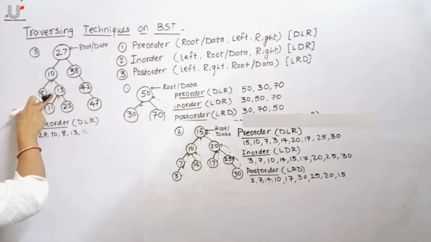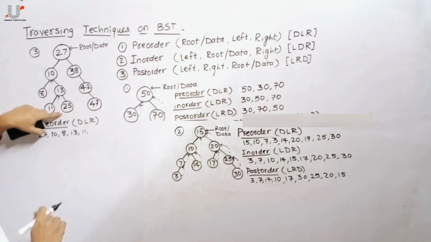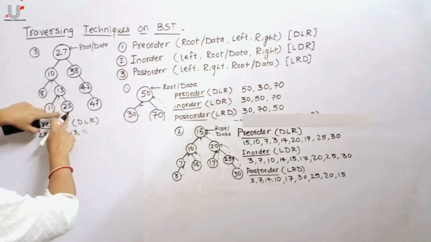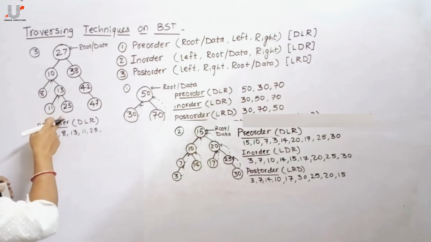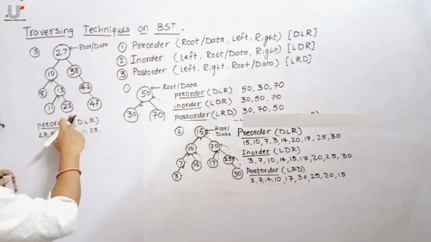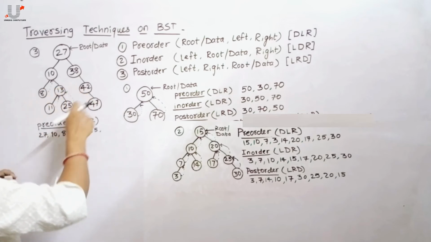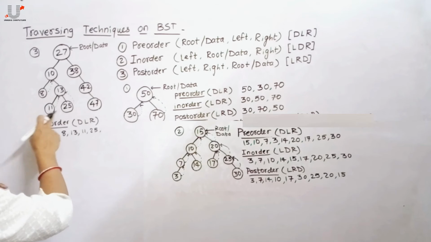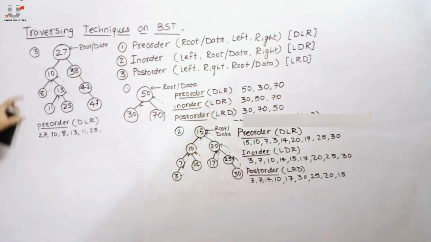Again, as on this 13, L and D have already been processed, the control will transfer to its right subtree, and on that right subtree again DLR takes place as data itself gets displayed, that means 25. Then check whether an unprocessed left subtree is there. No. Then check whether an unprocessed right subtree is present for this 25. No. Again the control will transfer to its previous location, that means backtracking takes place as D and its L and R have been processed. Control will again backtrack to its previous location.